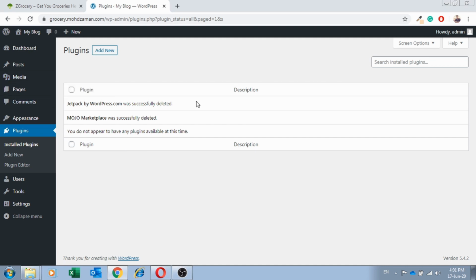So the way we install apps on our mobile phones like WhatsApp or Facebook, so that we can text and share images to our friends, the same way we install plugins on our WordPress website so that we can have additional functions and features. Okay, so click on add new